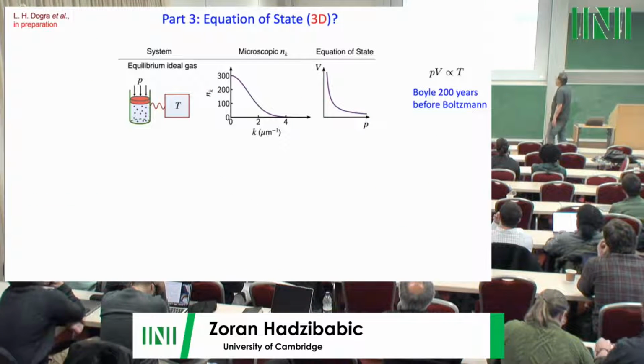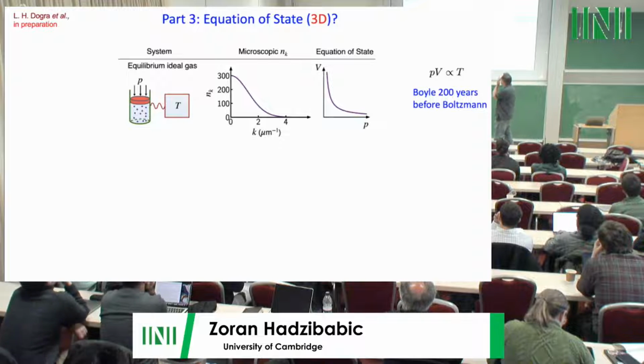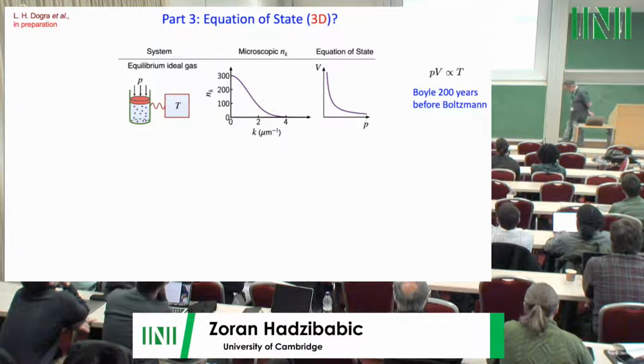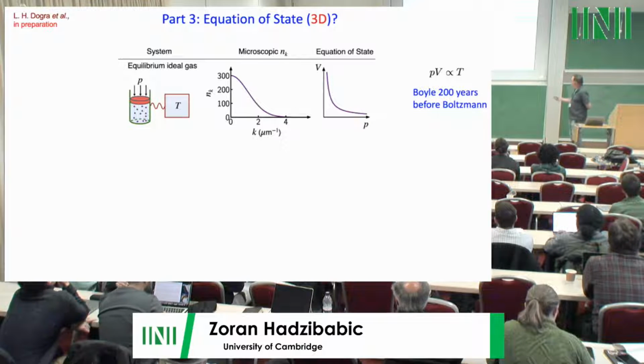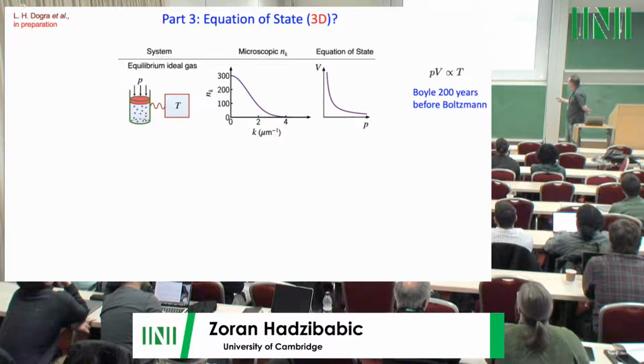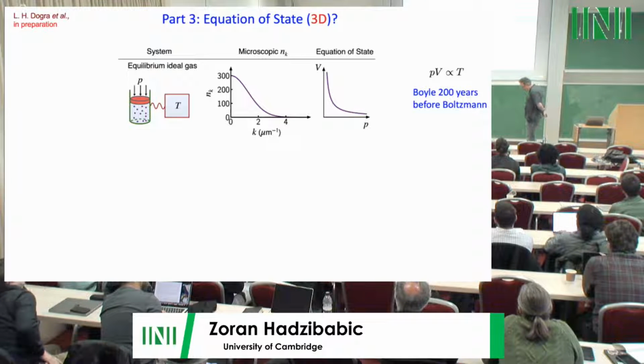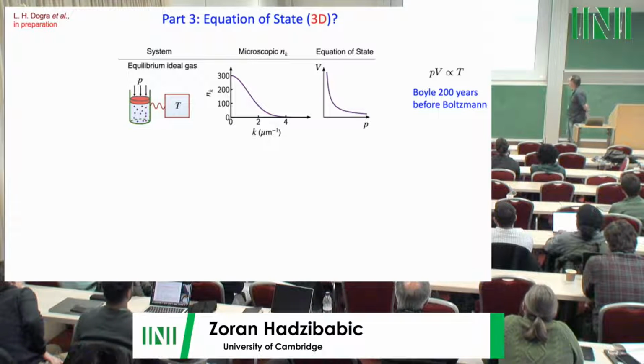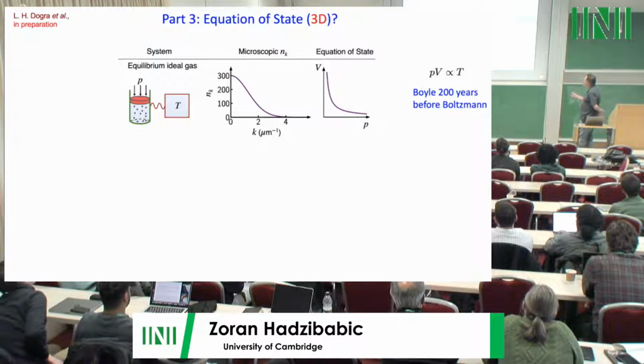Okay. And so this brings me to the last few slides on the equation of state. This is how we place it in a broader context of non-equilibrium physics. So, this is a pretty familiar example of an equilibrium equation of state. Okay, it's an equilibrium classical gas at pressure P and temperature T. Okay, and of course we know its microscopic description from Boltzmann.